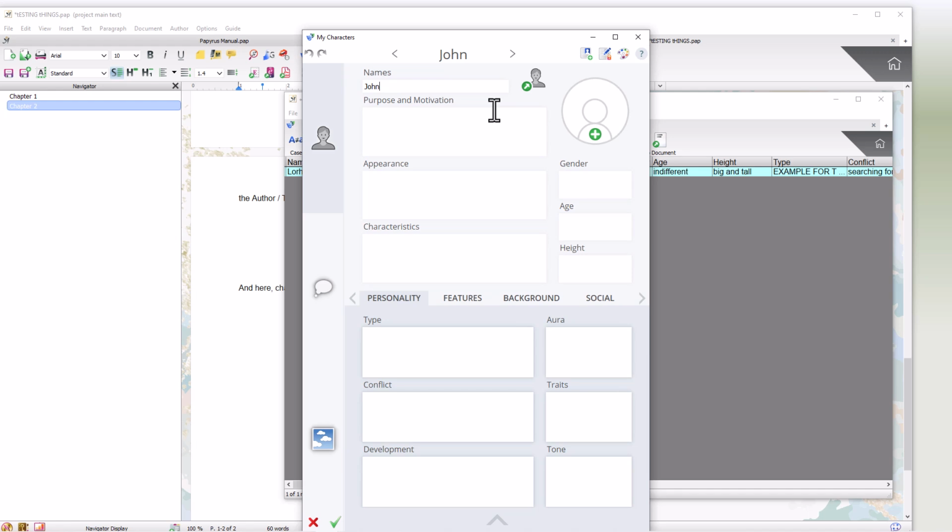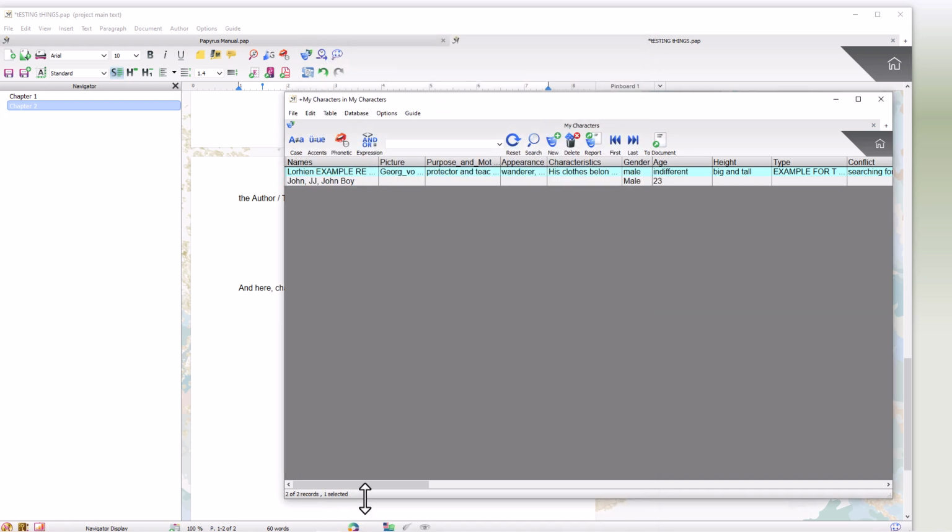Maybe the character is mostly referred to as John, but in some places he's referred to as JJ or John Boy. And you can use these various names, and the software will be able to pick them up no matter what name you use. Here I could go ahead and fill out the motivation and appearance and gender and the age,